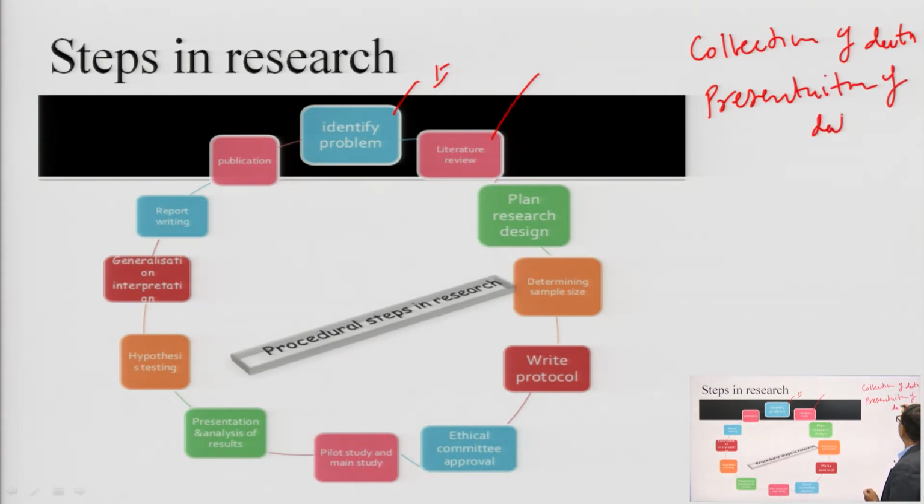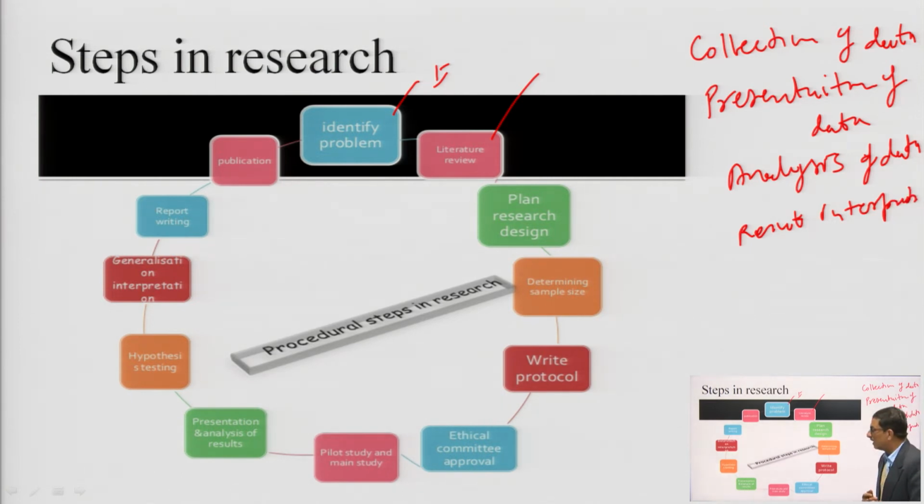The data can be presented with the help of diagrams or tables. The next step is analysis of the data. After analysis, we find the result. So, we interpret the result, interpretation,